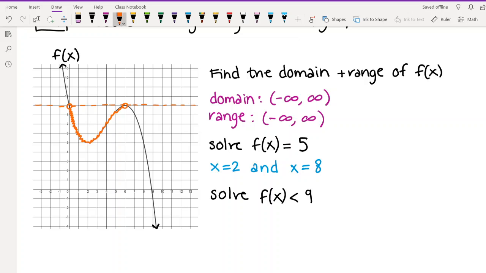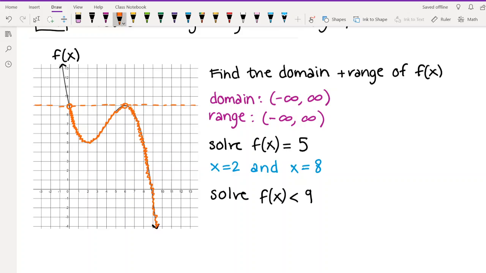And then where else is the graph going to be less than 9? Well, everywhere from 6 onward. And I apologize, it's probably a little hard for you to read these numbers, so I'm sorry about that if you're having any difficulty. But yeah, so 6, I said 5. I was having trouble reading the numbers, and it's probably even easier for me to read them than you. But anyway,